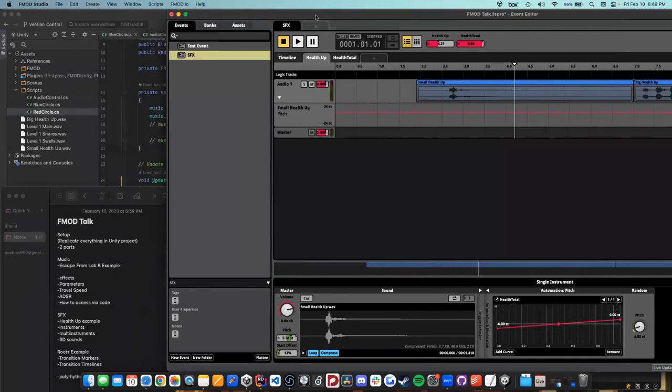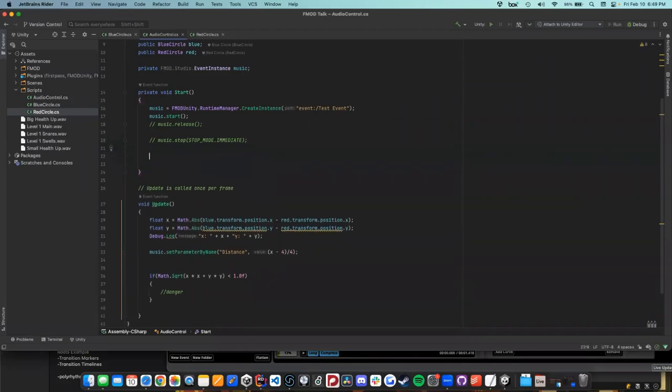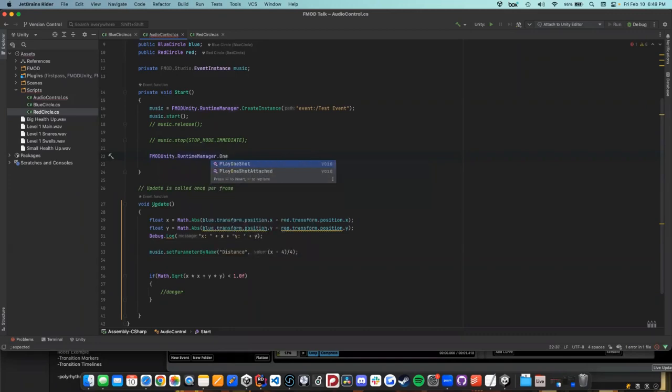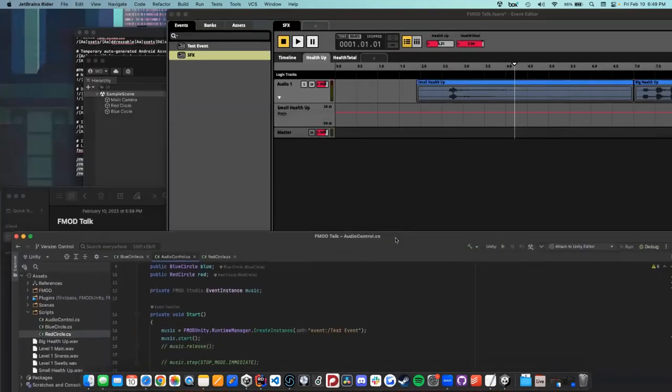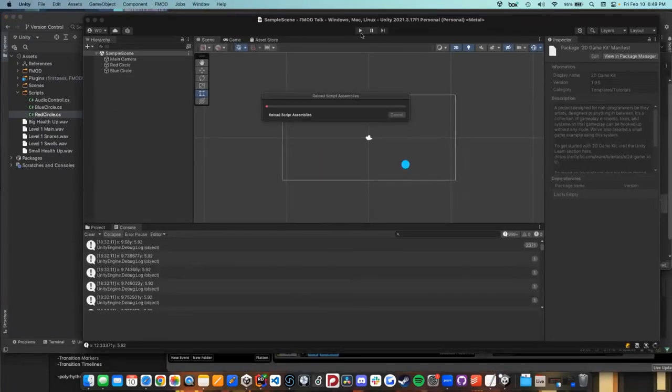Yeah, so now let's see how you can do this stuff in code. I'm just going to do this in the start function so that it fires off immediately. With sound effects that don't have parameters, something that is easier to do than this whole process is just go FMODUnity.RuntimeManager.PlayOneShot, and basically this will just fire off the sound effect with no parameters or anything, and it will then just get rid of the object. You don't have to save anything, etc. So now when I hit play,